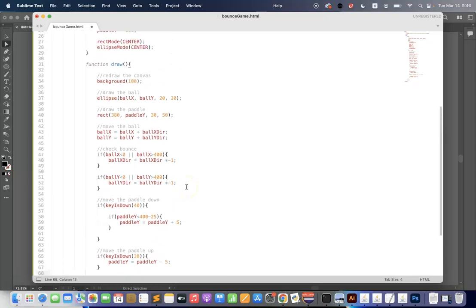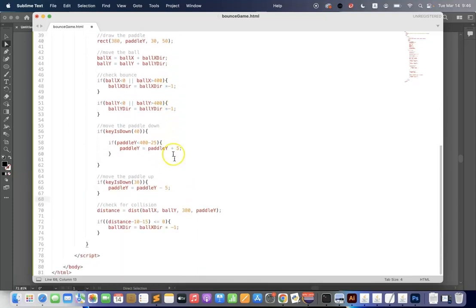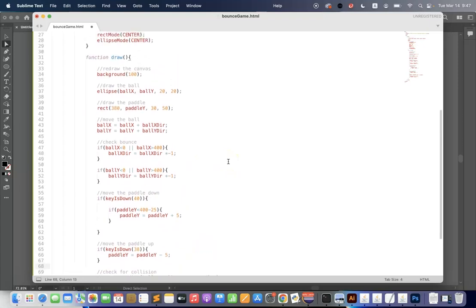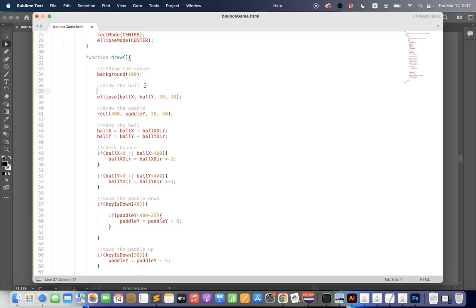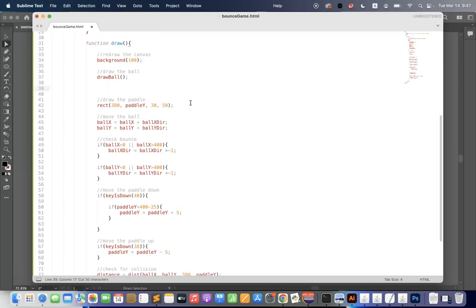Our draw function is becoming very complicated. Lots of lines of code here are doing important things and very specific things. So when we draw the ball, wouldn't it be great if I could do this? Just call a function called drawBall. And all that function does is this line of code. In fact, I'm going to cut that code. I'm going to go down here,